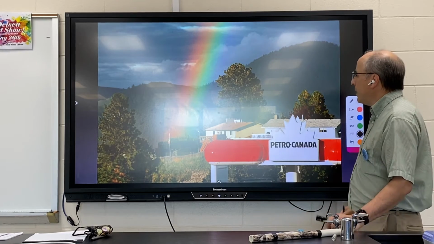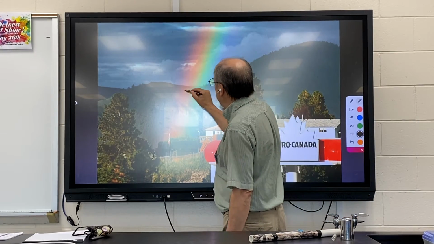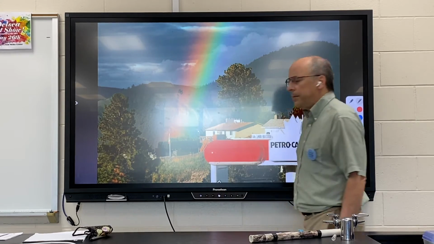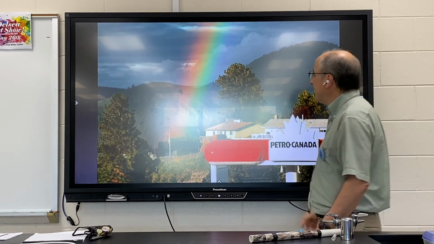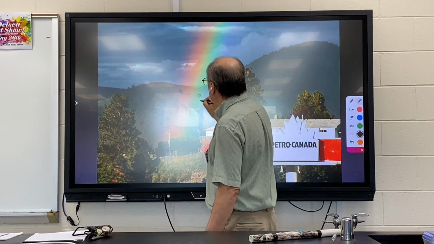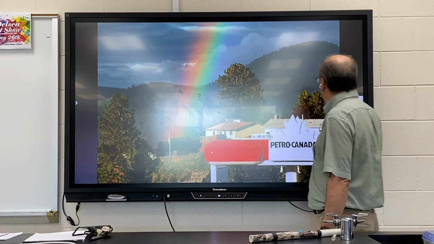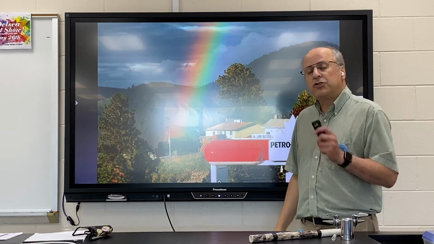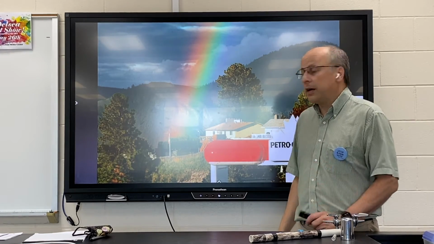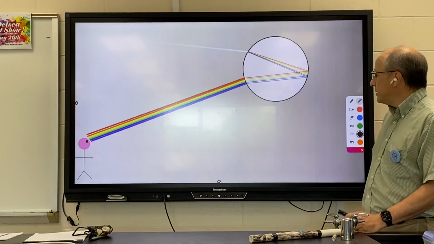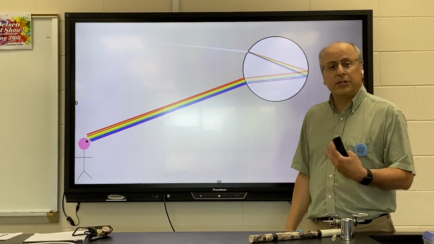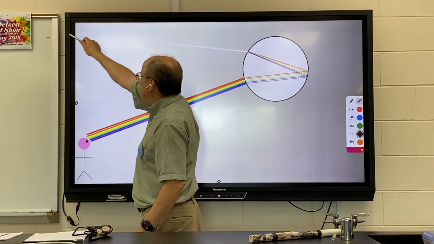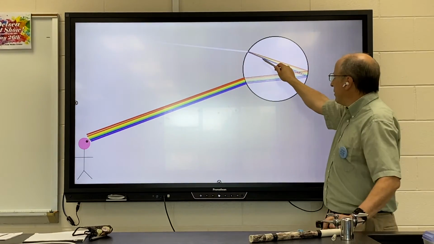earth. Now realize when you're looking at the rainbow, some drops of water, like the ones I have circled here, will appear to be red to you. Some drops of water will appear green, some will be blue and violet, and so on. Even though each drop of water will appear a different color to you, realize that all the drops are producing all the colors. So when white light comes from the sun, again, which is behind your head, enters the drop,